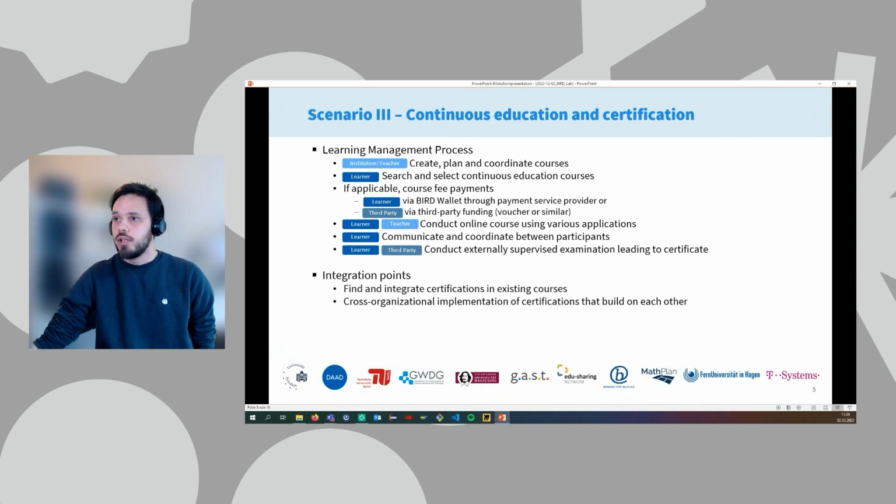So the learners can communicate and coordinate and then conduct an externally supervised examination. Oftentimes in such certifications, they are taking part at a third party, where in the end you take your examination in a live room. So with this scenario, we show how to integrate certifications in existing courses and how cross-organizational implementation of certifications can